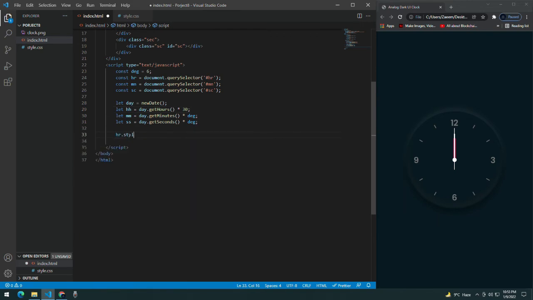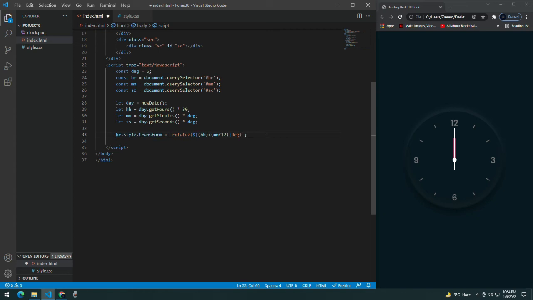Let's copy it, paste it, give it a second, ss, or maybe whatever you want, and getSeconds(). Okay, now let's write hr.style.transform equals these are backticks, you must remember these are backticks. rotateZ(${hh}deg) divided by 12. Let me check. I think I forgot the curly brackets. Yes, adding the curly brackets. Okay, now also adding deg to it.